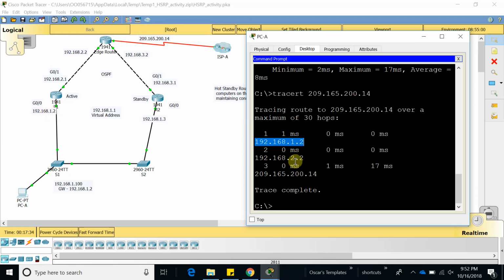So it's sending it here, then out this way to this router, and then this router is sending it to this IP address. So it's still using this one, but the default it's using is just a virtual address, which is 192.168.1.1. So if we do a continuous ping,